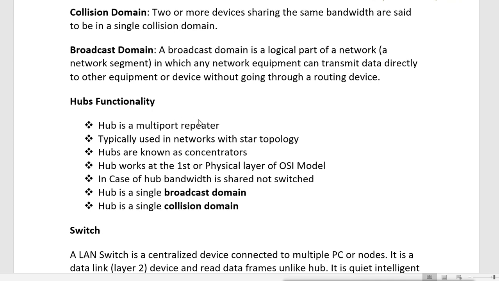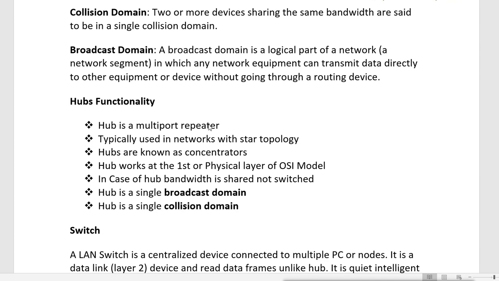Your data will go up to 100 meters easily. But if you want to take the data more than 100 meters, your data can go weak and will not reach beyond that, because the cable has a limit of 100 meters. In that case, you can put a repeater in between.